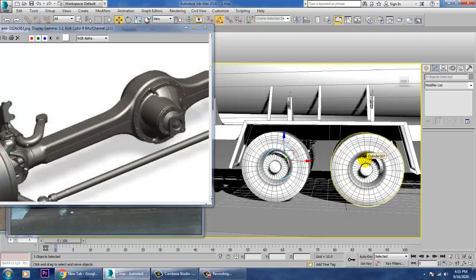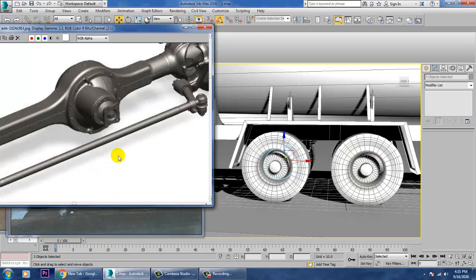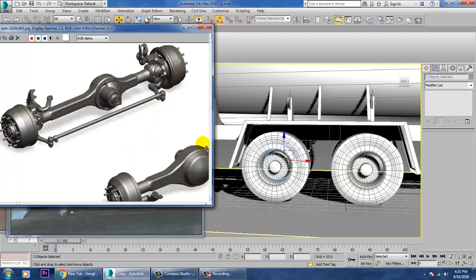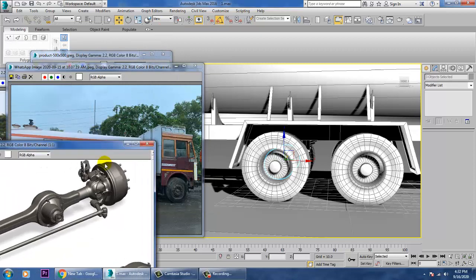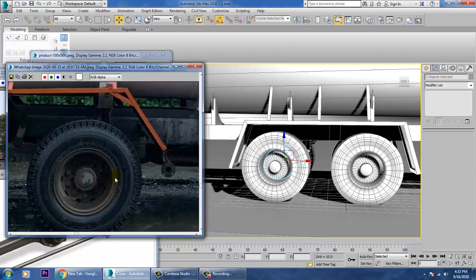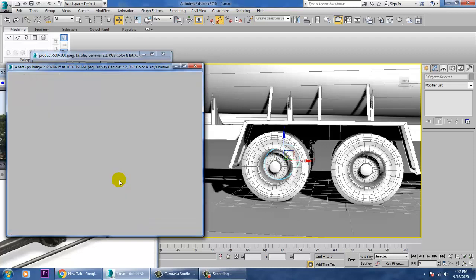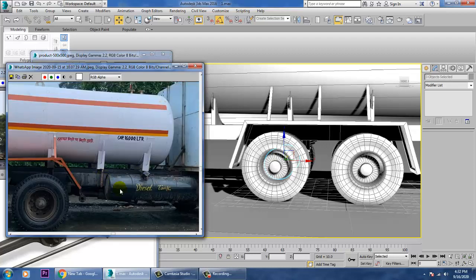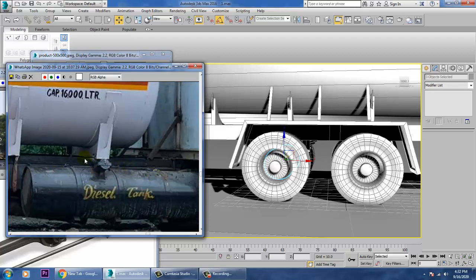Now let's go into this and select these few details. First we'll be creating the major stuff, then we can go with the detail of creating nut bolts and all this stuff. So let's create this tank over here.